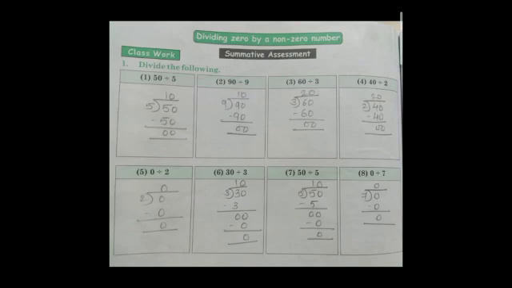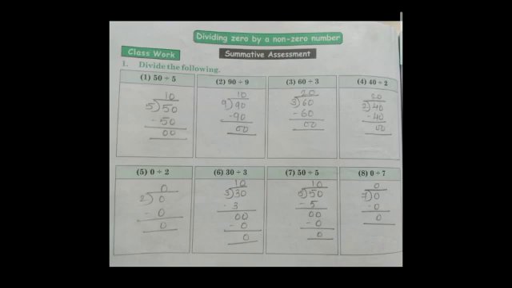Now students, you can see the next part and the last part of this chapter, that is dividing 0 by a non-zero number. What is it? It is dividing 0 by a non-zero number. Okay, in that first is divide the following. The first one is 50 divided by 5. So 50 is the dividend, 5 is the divisor. Now you all know 50 comes in 5's table. Yes, 5 tens are 50. So you can do that directly. 5 tens are 50. I have done it directly, and you will get the answer as 50 minus 50 is 00.